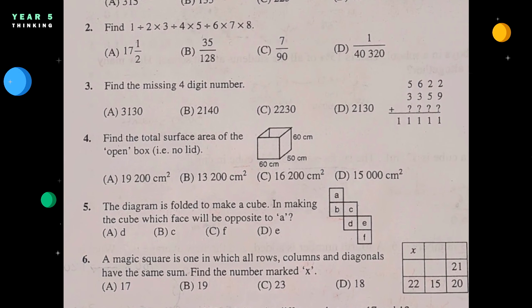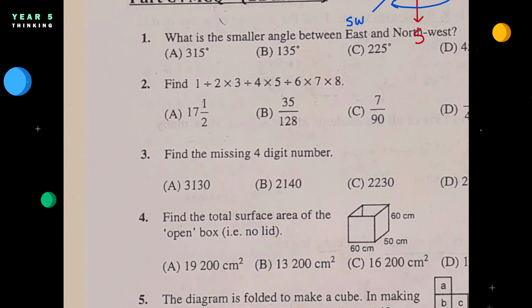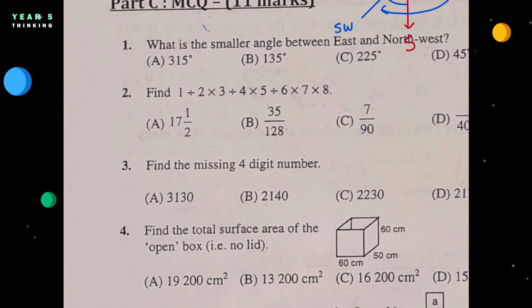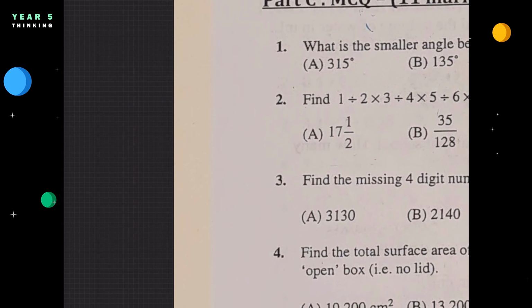Alright, question 2. It says 1 divided by 2. Okay, look at this. You have division, times, division, times. Now division and times, according to BODMAS, fall under the same importance category. So BODMAS says, let me just write here,